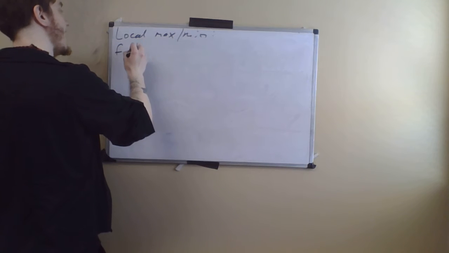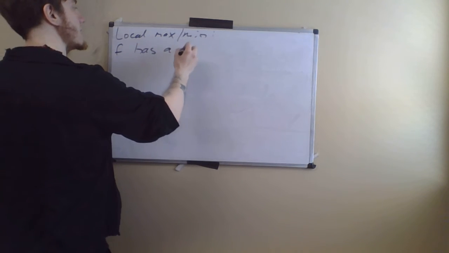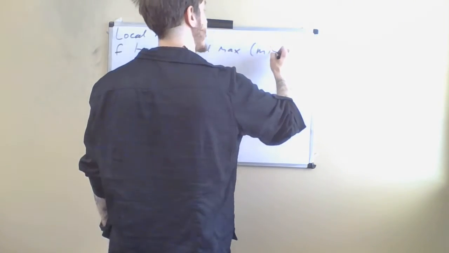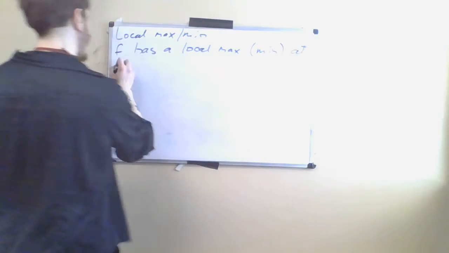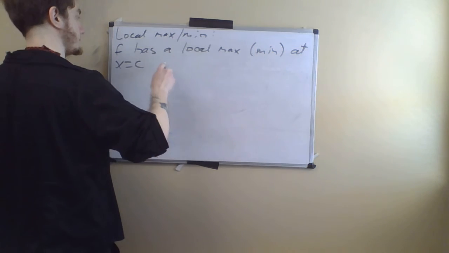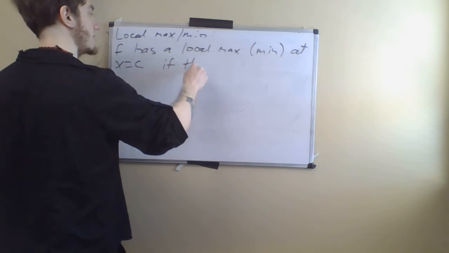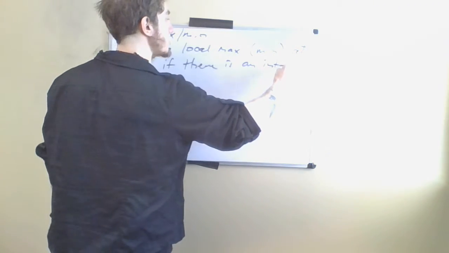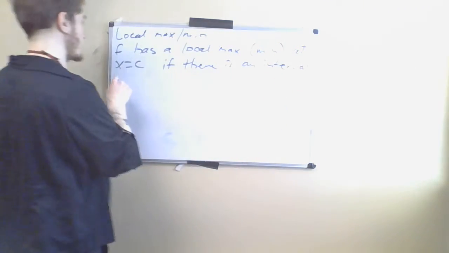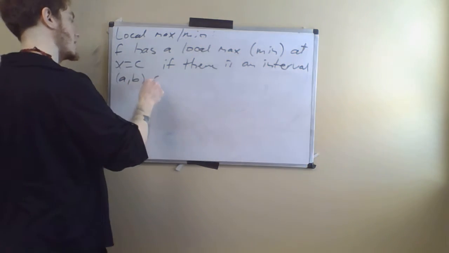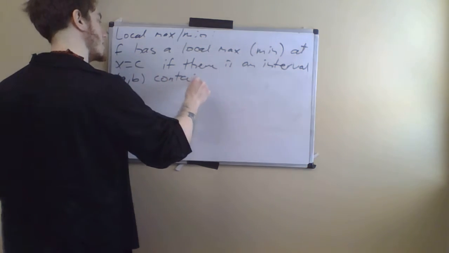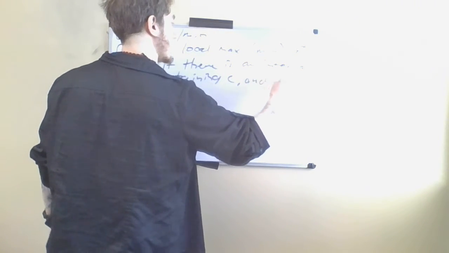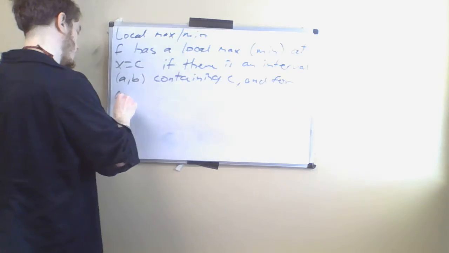So we will say that f has a local maximum, or respectively minimum, at x equals c if there is an open interval a to b containing c, and for any x